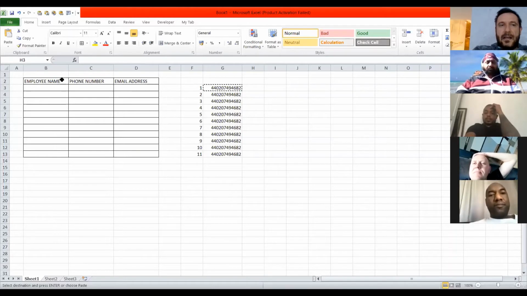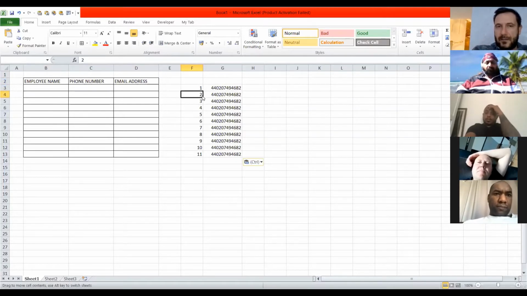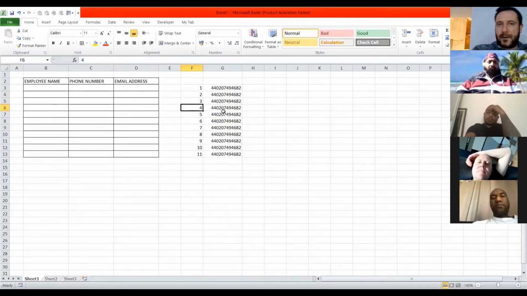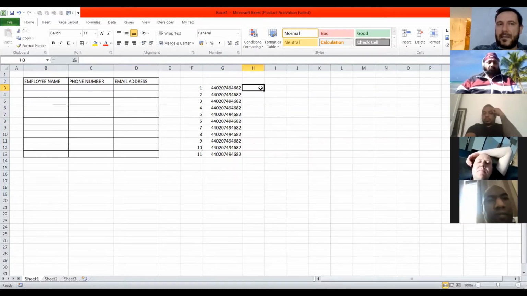So we're gonna look at a quick database. We have employee number, employee name, phone number, and email address. As we can't use real names because of data protection, I'm gonna call everyone with a number like 1, 2, 3, 4, 5. I'm also gonna teach a trick to join two strings together. So I put a common number, and after we're gonna add the extension at the end of the number, and we're gonna do the same thing for the email address.